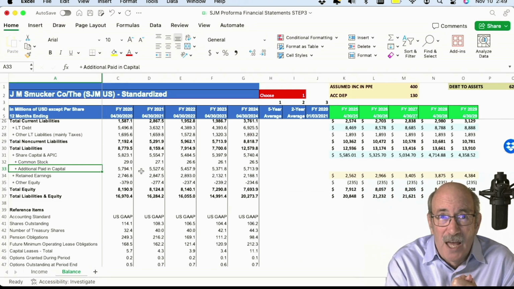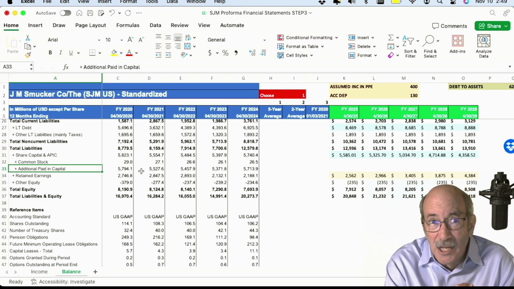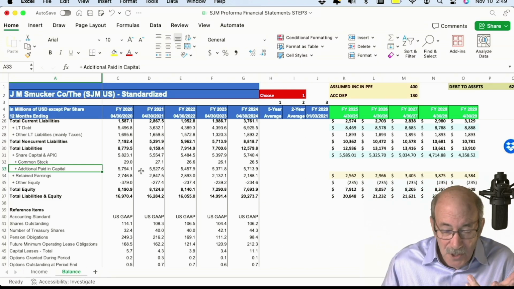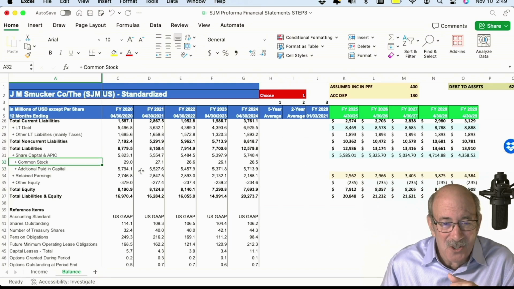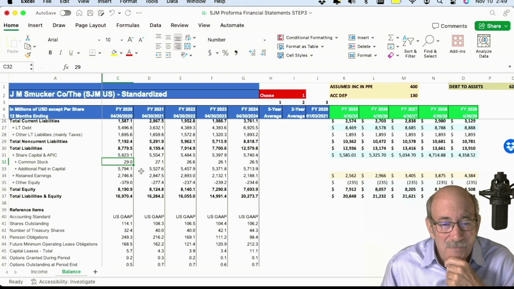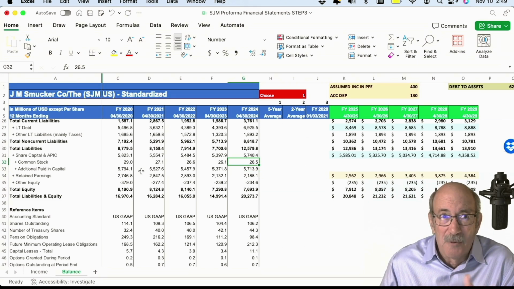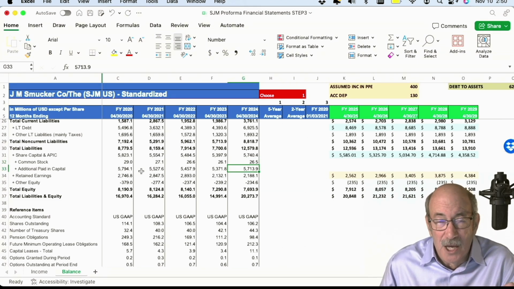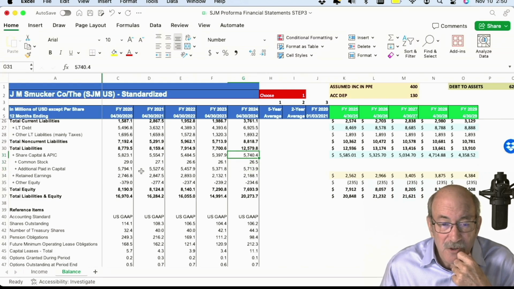And many times par value, instead of being $1 or $10 a share, is actually fractions of a penny per share. But we still keep that account around for some reason. The accountants are reticent to get rid of it. So in this case, it has very small dollar amounts in it, only 26 million. Anything that gets paid for the shares above and beyond par value gets dumped into APIC. And then the sum of those two is this higher level account called share